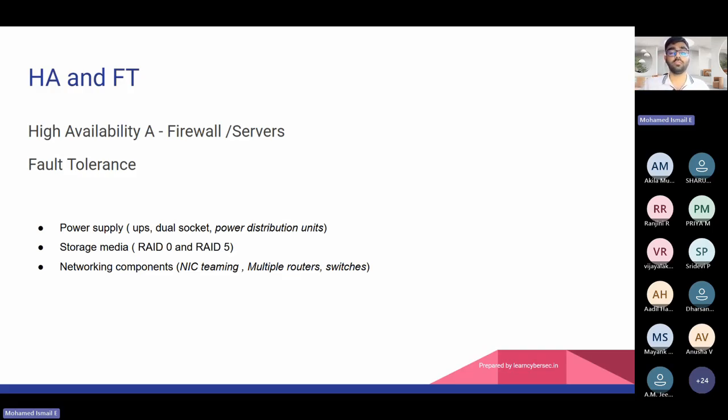So high availability and fault tolerance is another topic under business continuity plan, because let's say you have a single power source from Tamil Nadu electricity board. If that electricity board faced more than 8 hours outage, now you may not be able to run the business, right? So what you need is uninterrupted power supply, or you need a solar power grid or some other source to support your business.